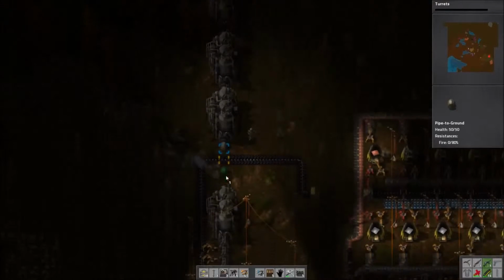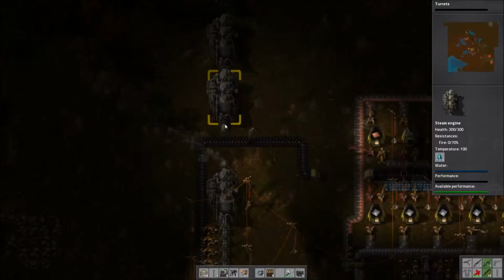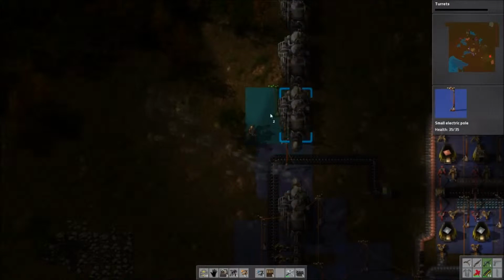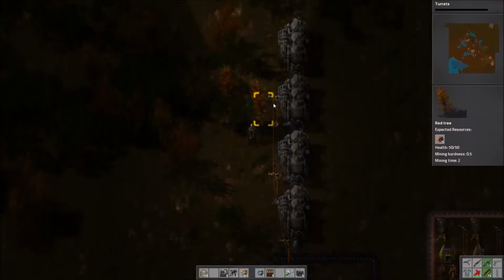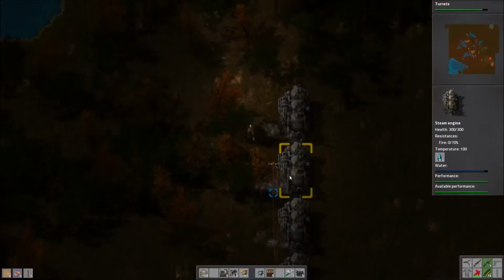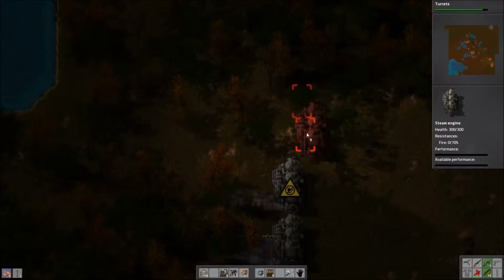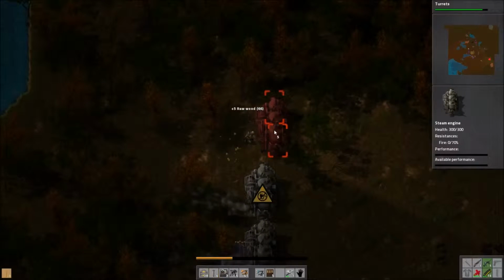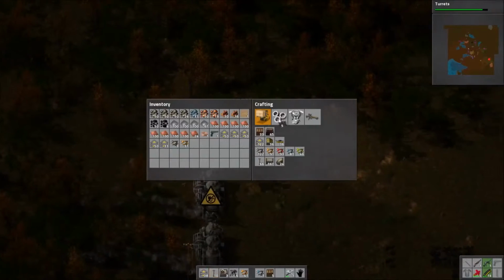5 more to go. Here's the underground belt. There's no point having our factory not work while we do this, so I'll hook up some electric poles to actually start collecting the power, and that should be a good start for now. Trees, most annoying. And there goes our